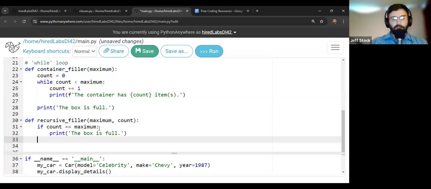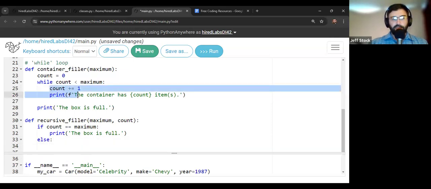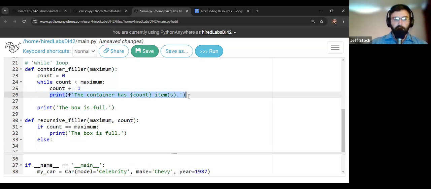And then in our else statement, we are going to do the rest of the parts that we had in our while loop, right? So we're going to adjust the count, and do the same overall process. We need to adjust the count in some way, give ourselves some sort of information about where the count is at this particular step, that we've gone up by 1, and then give ourselves confirmation that we have. And then we want it to loop back and do this again until it reaches our ending point. So we need to do all that logic here at the end of this.